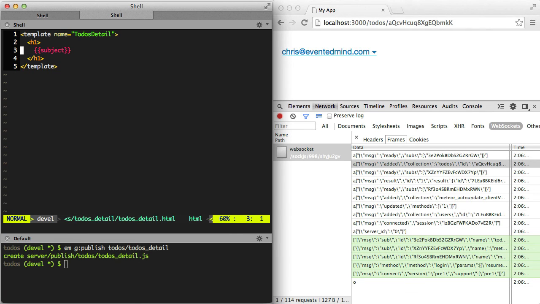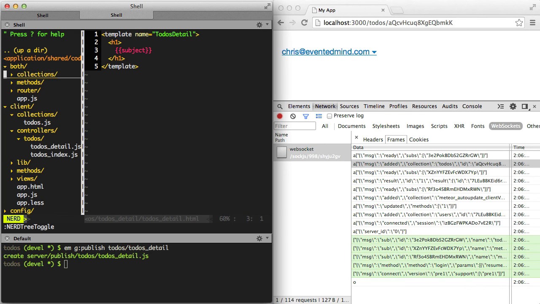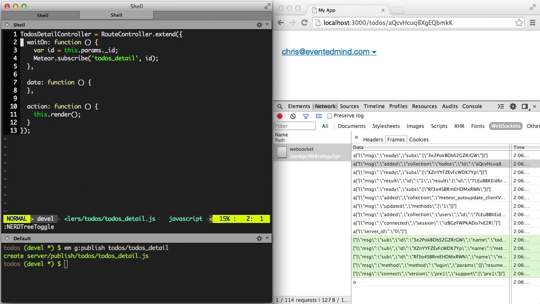So even though inside of our todos detail template, we've used this subject expression to get the value of the subject, we haven't set the data for the route yet. And so the template doesn't have what's called a data context, and it doesn't know where to get this subject from. So the next thing we need to do is to set that data context for this route. So I'll navigate over to the route controller. And what we can do is to return the value that we want to be the global data context from this data function here. So I can access the parameters